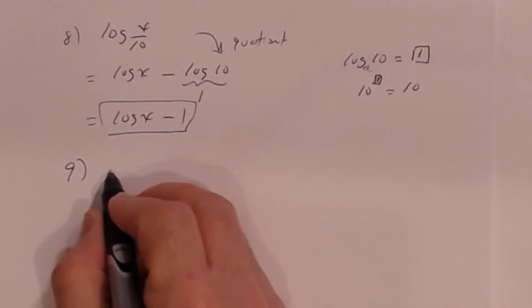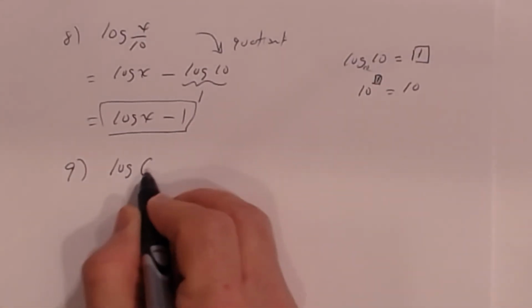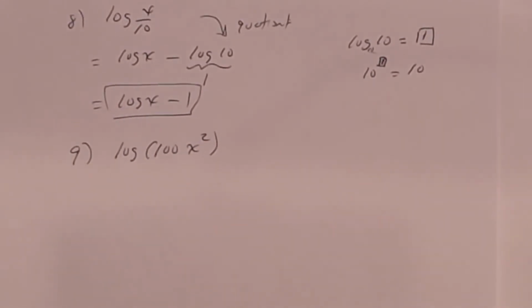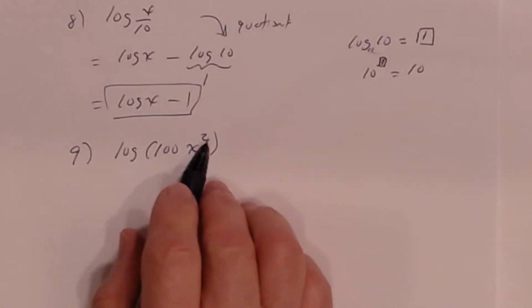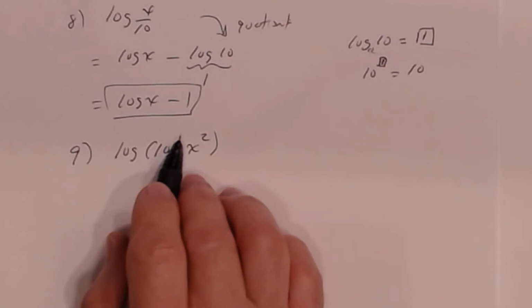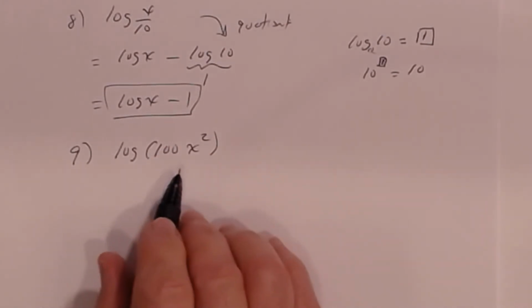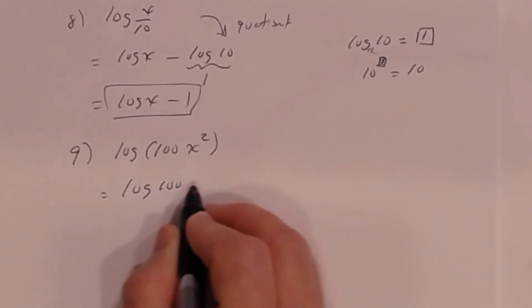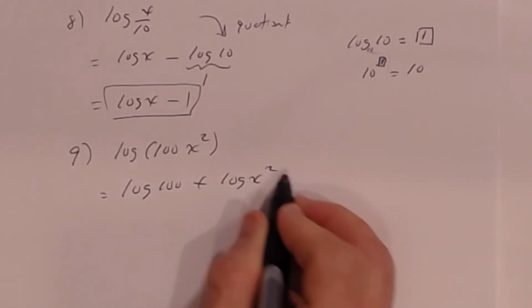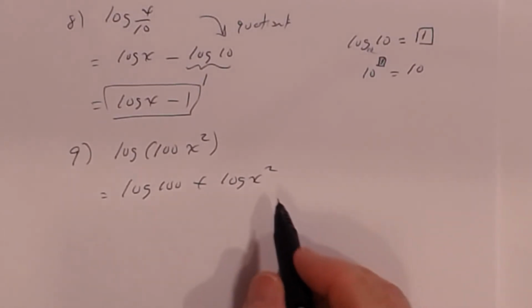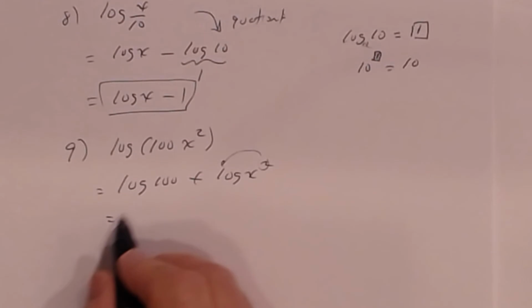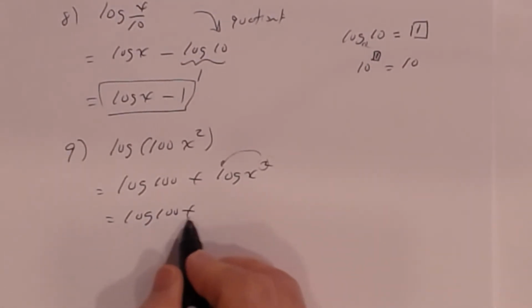So number 10, let's suppose we had the log of 100x squared. Just as before, you cannot use the power rule first because 100 is not being raised to the second power. So I have to use the product rule first. So this becomes a log of 100 plus the log of x squared. Now, here I can use the power rule, right? So this becomes a log of 100 plus 2